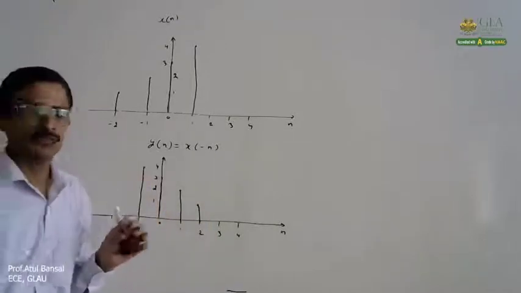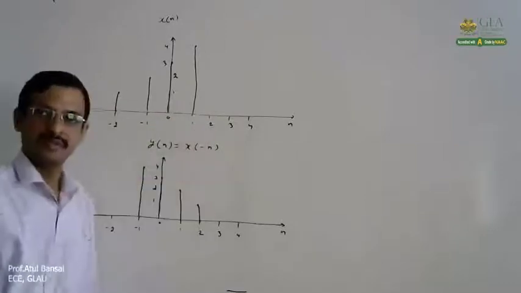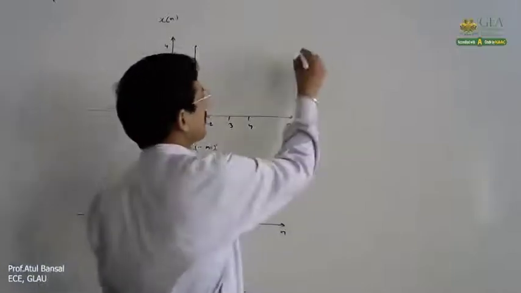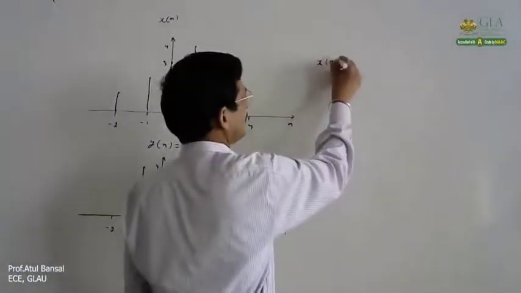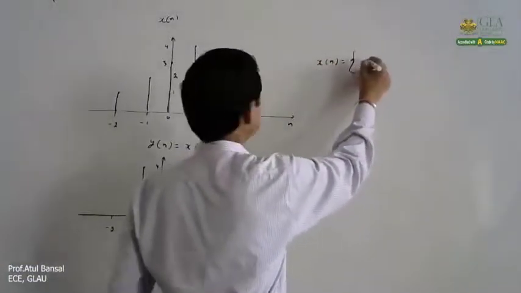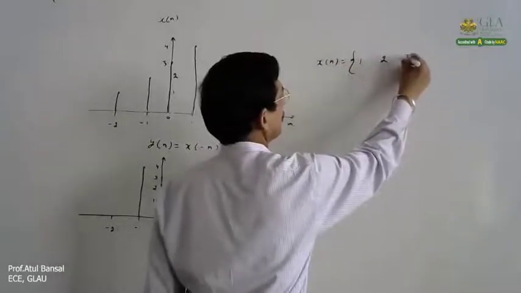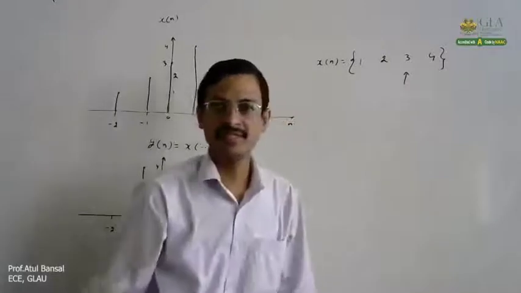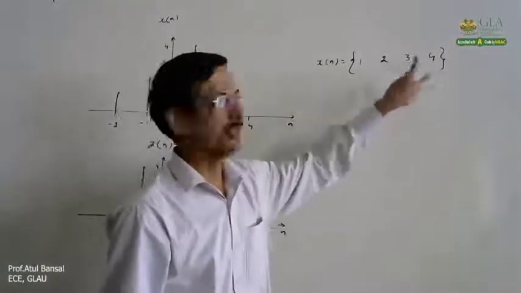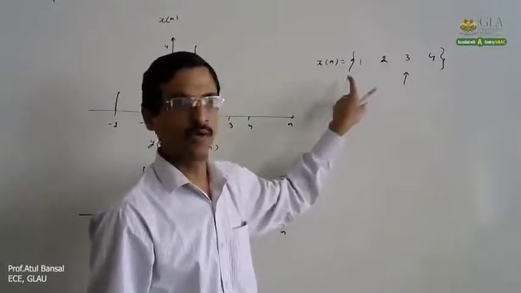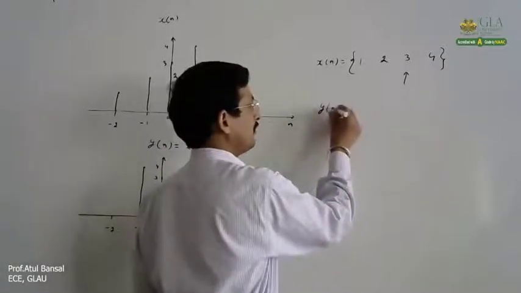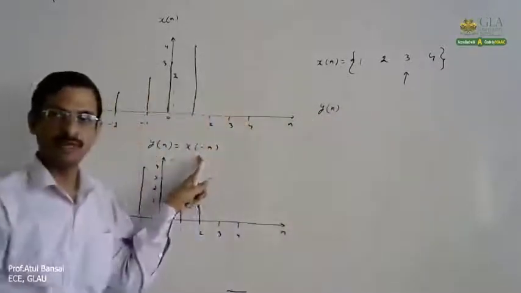Like this. So the signal gets reversed. That is the time reversal. Same way, if we follow the second notation of set x[n], earlier it is this thing. That is at n equal to 0, 3, at minus 1, 2, at minus 2, 1, and at 1, 4. And what is y[n]? y[n] is x of minus n.